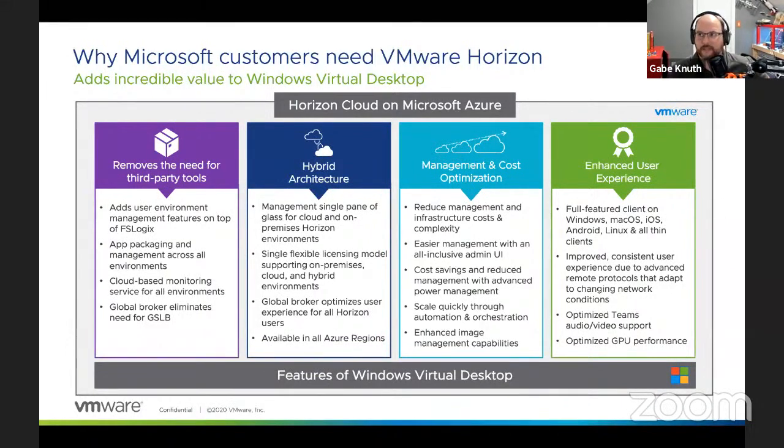It depends on the use case or the demand from the customer, but hybridity is important to me. Hybridity is something that Microsoft isn't doing with WVD. If you're already a Horizon customer and you want to put workloads in Azure, hybridity is critical. The choice of where you put the virtual desktops and apps is probably based upon where the application data is, or where the users are accessing from, or a combination of those. Having the flexibility to put those desktops and apps wherever it makes the most sense, for proximity to the user and proximity to the data,